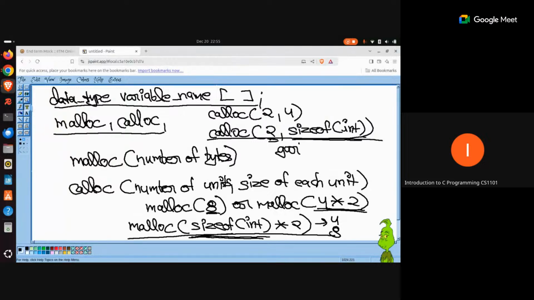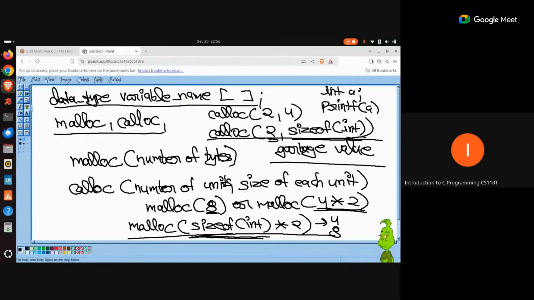You will get garbage value. You are trying to access some variable which is not currently initialized. The same thing will happen if you say int a and you immediately say printf a. What will you get in the output? You will get some garbage value because you have not initialized this value a with anything. So what you will get in turn is a garbage value. The same thing will happen here too.